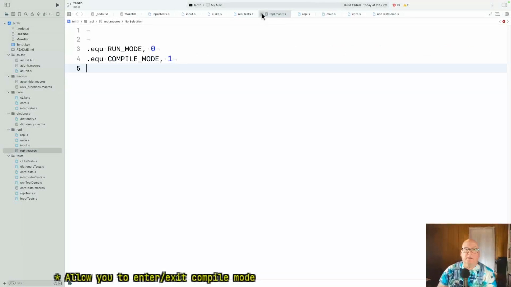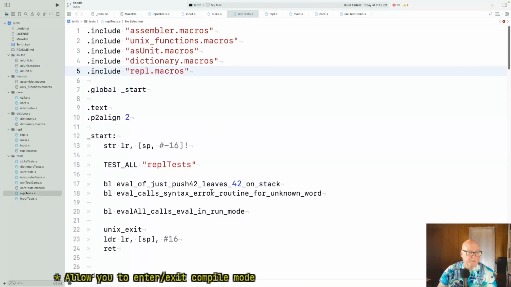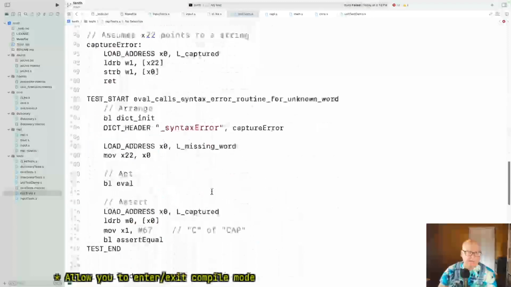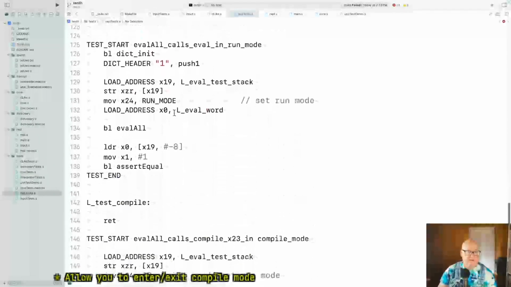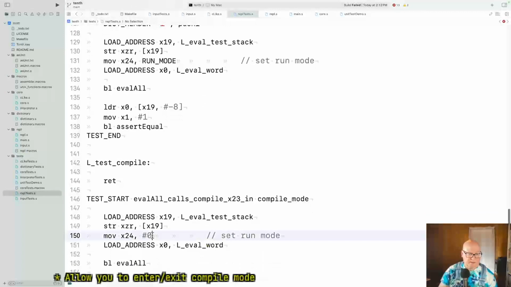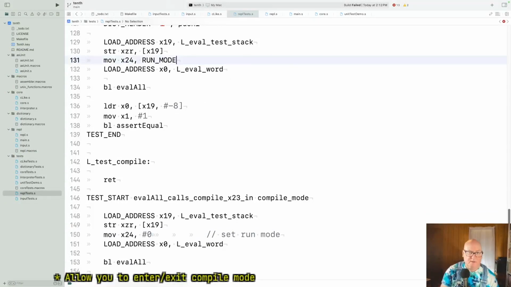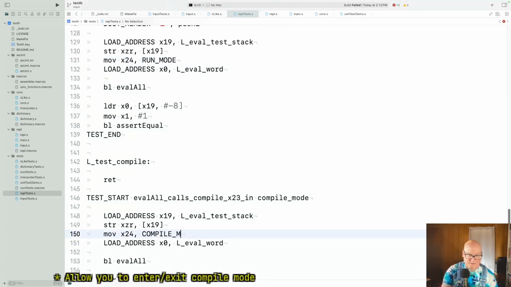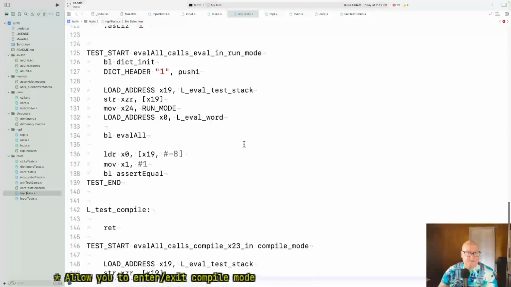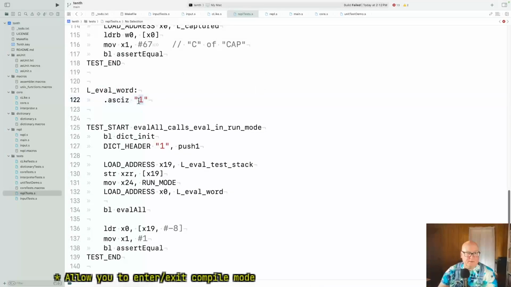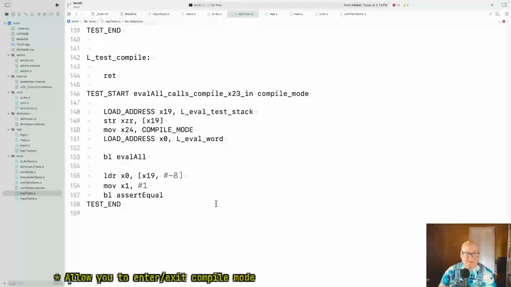Okay. REPL tests. Okay, he's saying run mode. Now he needs to say compile mode. All right, and I guess that doesn't need a comment anymore. One small leap for variables. Okay, so the eval word is the same. Now,